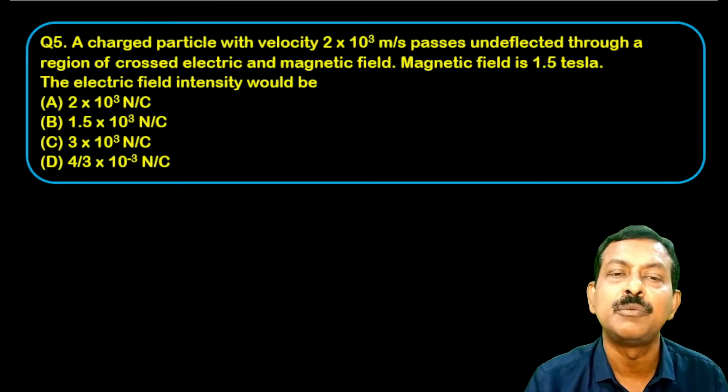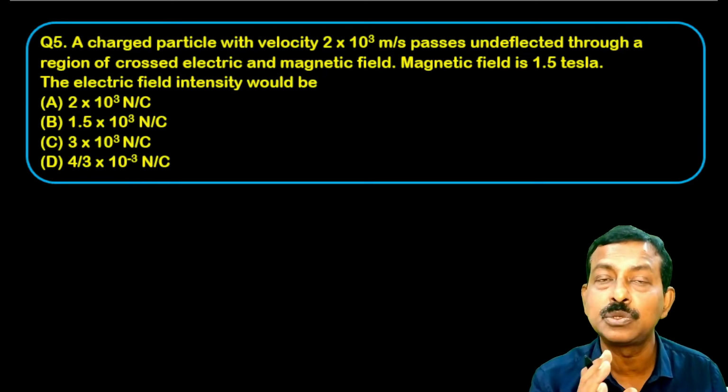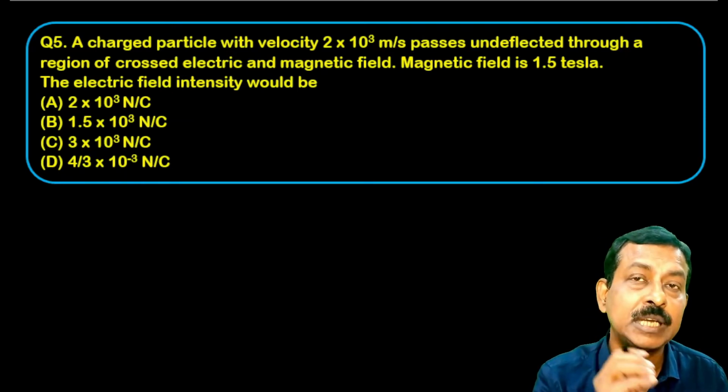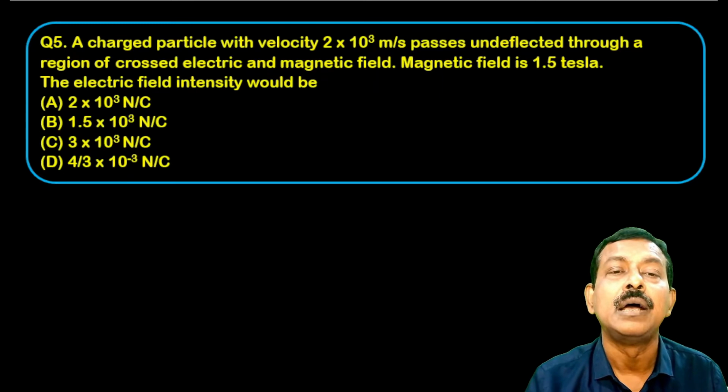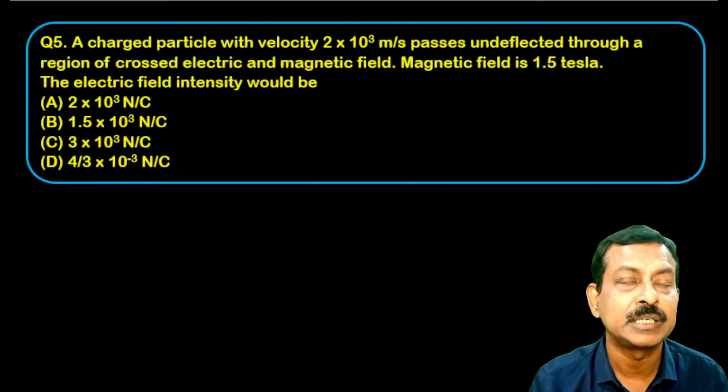A charged particle with velocity 2 into 10 to the power 3 meter per second passes undeflected through a region of crossed electric and magnetic field. Magnetic field is 1.5 Tesla. The electric field intensity would be. Now, if it is passing through the region of the crossed electric and magnetic field, it can go undeflected if the force experienced by the charged particle due to electric and magnetic field